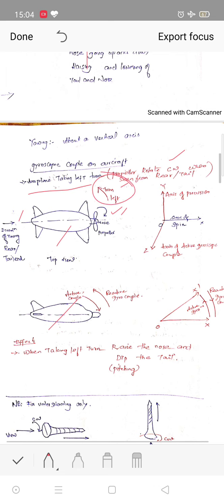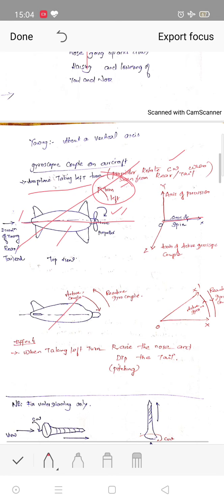See, there comes a gyroscope. What is a gyroscope? I have already discussed it in the last video. There is an axis of spin. Suddenly the axis of spin is changing. Understood? Initially the axis of spin is this one, and if the aircraft is turning towards left, the axis of spinning changes. So there exists a gyroscopic couple. We need to understand the different axes. This is the axis of spin, because about that axis our propeller is rotating.